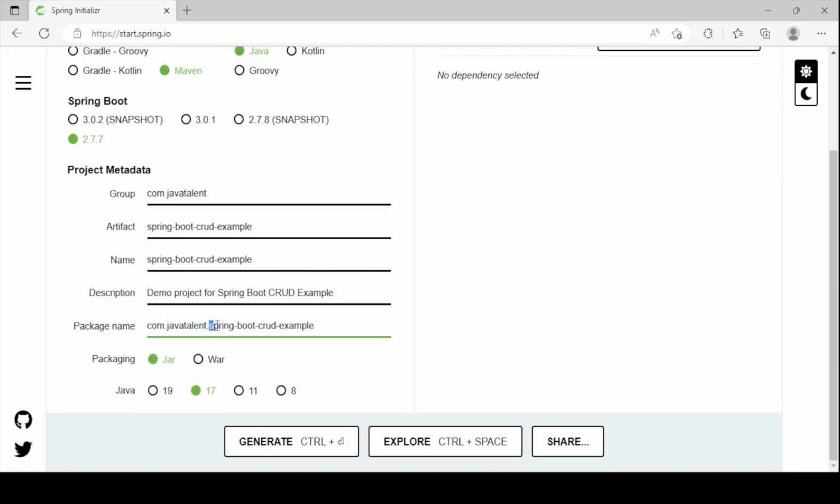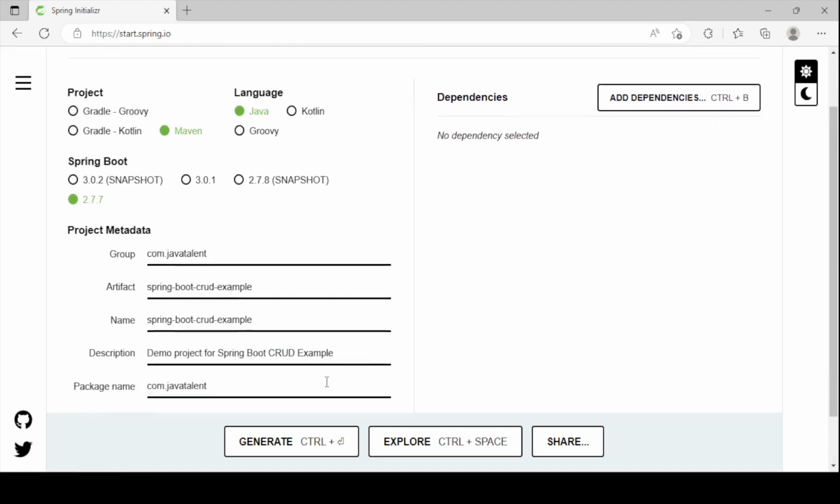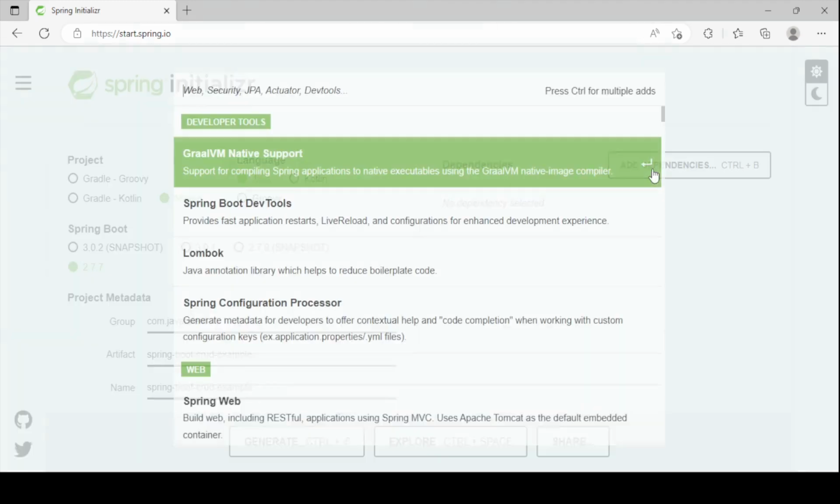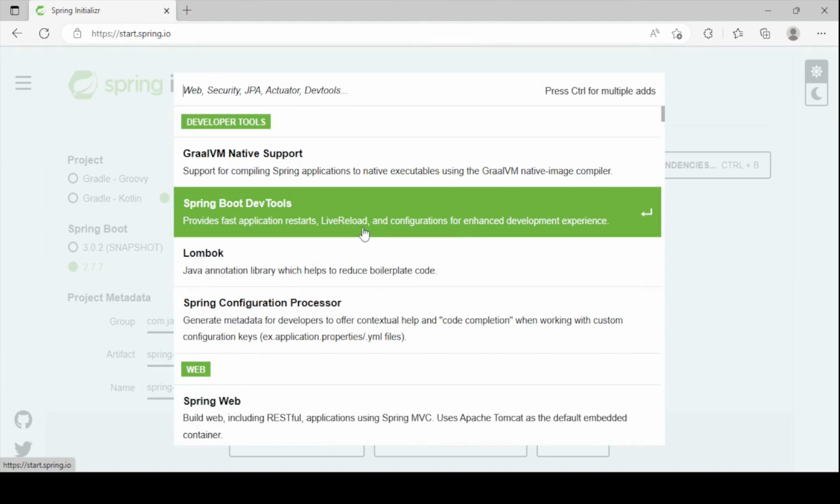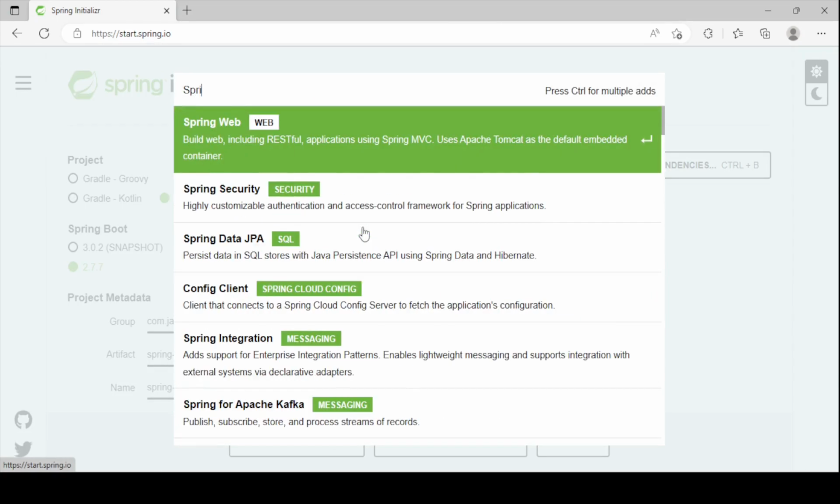So for the package name, I'm just going to make it com.java talent, and for the packaging type it will be jar. Here you can select any one of the Java versions. I'm going to pick Java 8 for now. You can select any one of them, and for the dependencies, I'm just going to use Spring